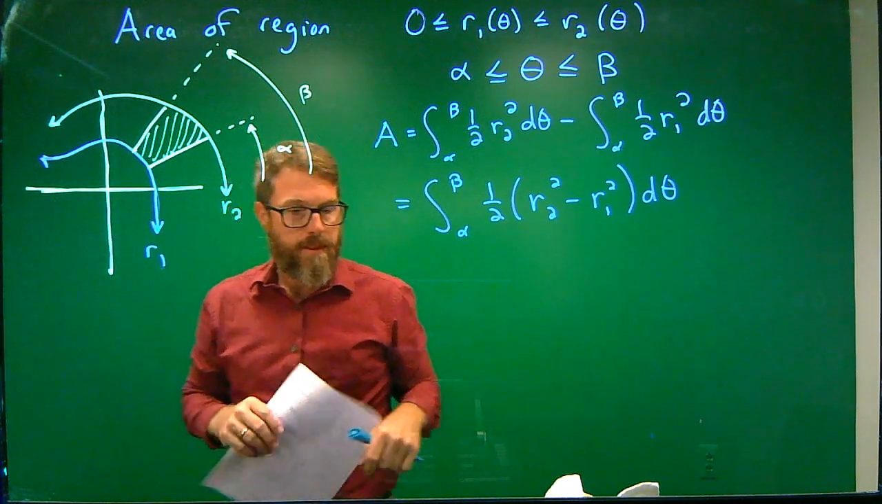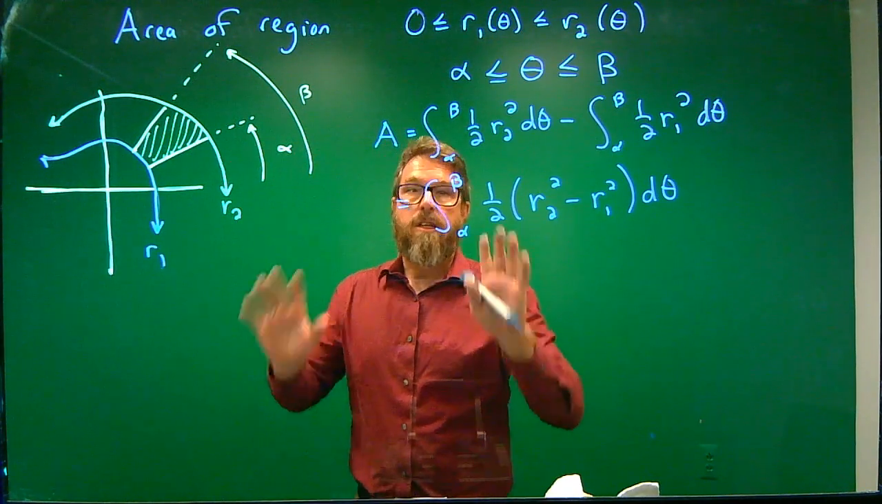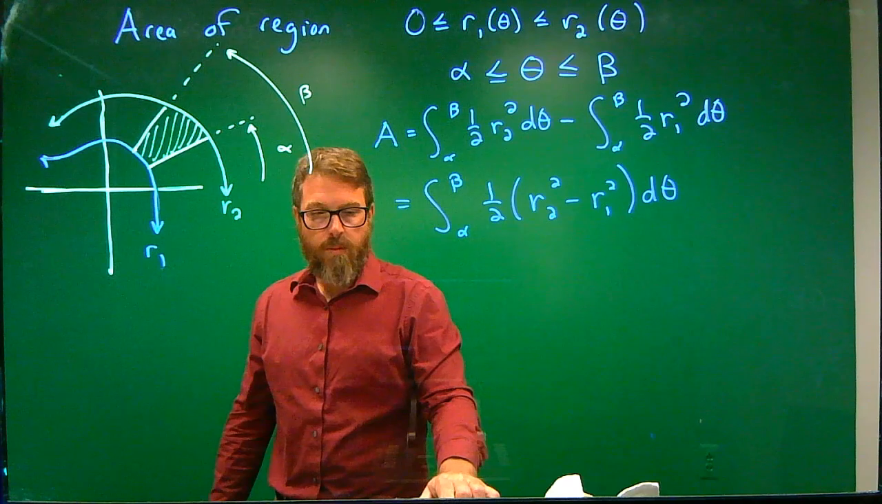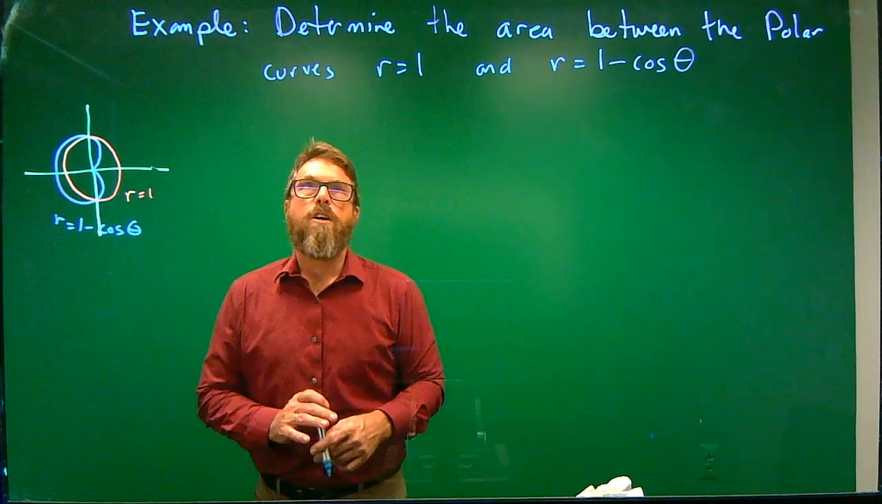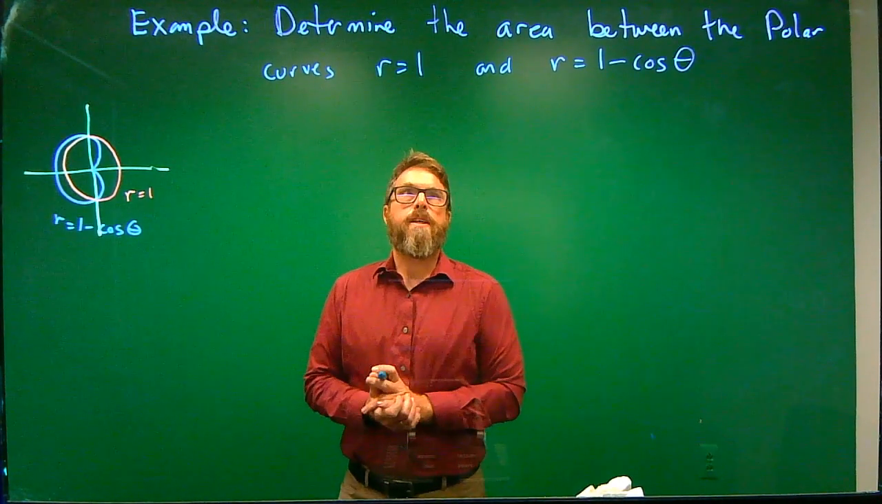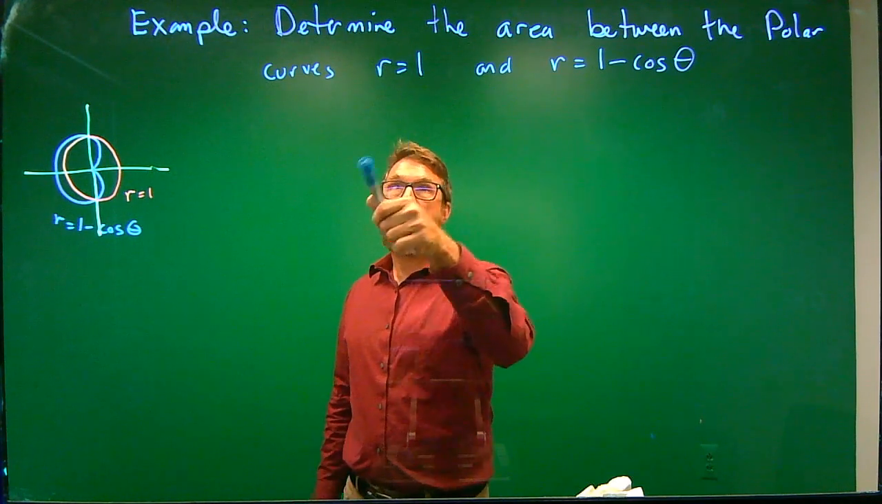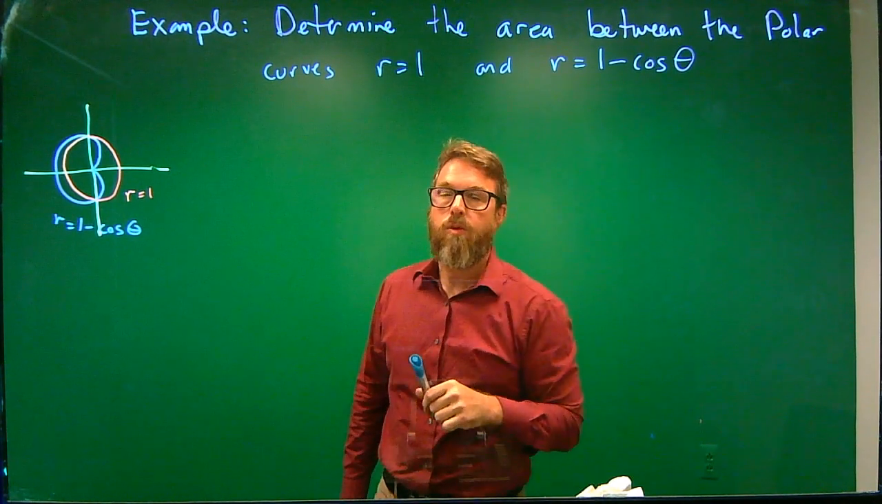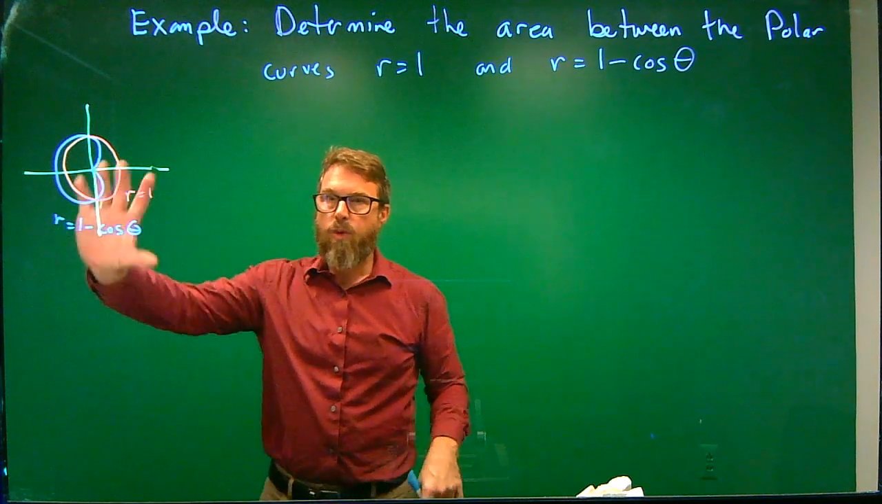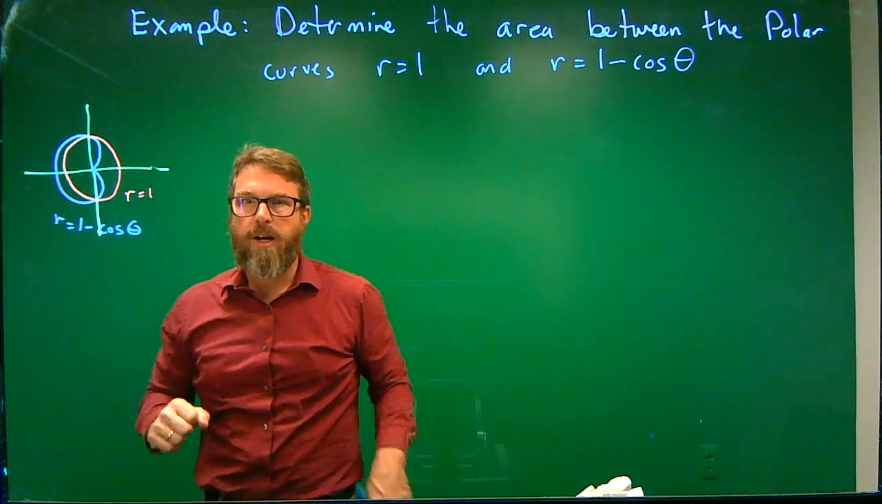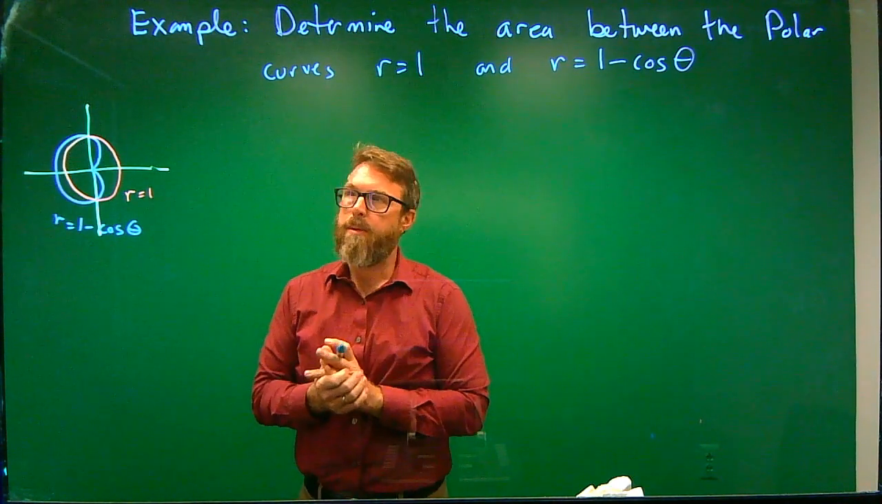Okay. So let me pause this. I'll put an example on here. We'll do one. Determine the area bounded between the polar curves r is equal to 1 and r is equal to 1 minus cosine of theta. And I've drawn the curves over here so we can determine the limits of integration,